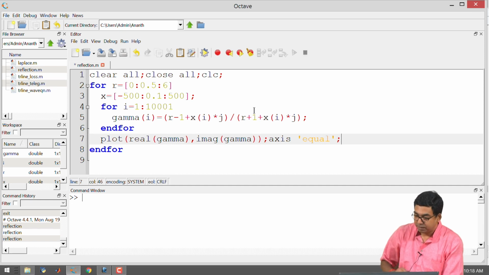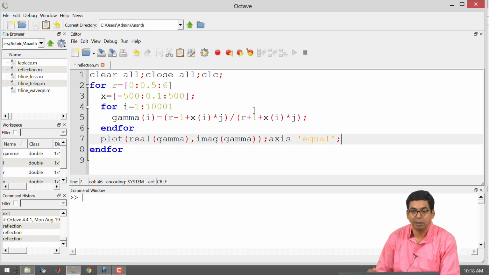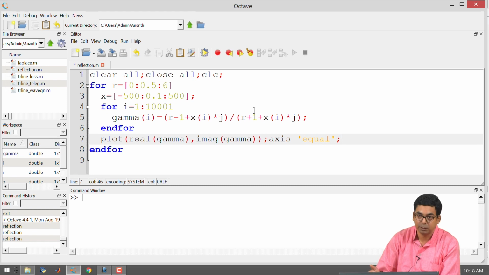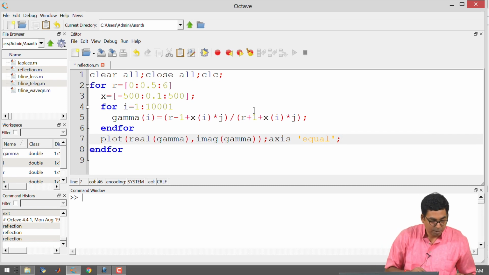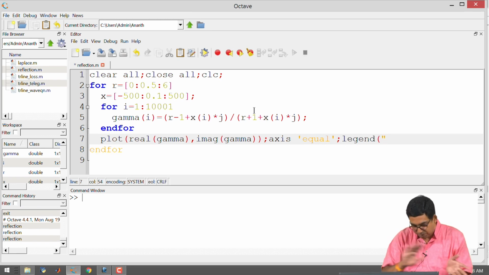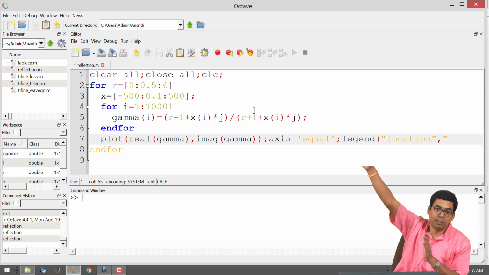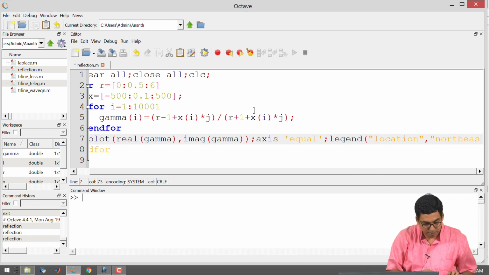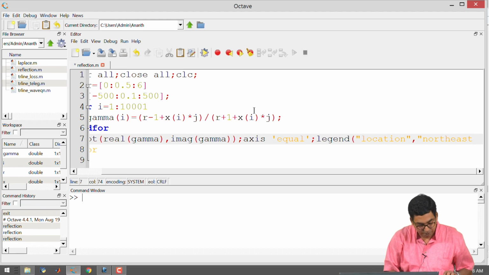I will just modify my program a little bit to make it a cleaner graph at the end, because currently it will draw with the same color, all right. I want to draw it with different colors to analyze what is going on. On top of that, I would like to have a legend to tell me which color corresponds to what value of resistance. All right. So, I am just going to add a couple of commands over here. I would like to have a legend, okay, and I would like to have the legend outside the graph. Okay. So, I am specifying a location. So, typically I would like to have the legend on the northeast side of the graph, and I would like it to be outside of the graph.